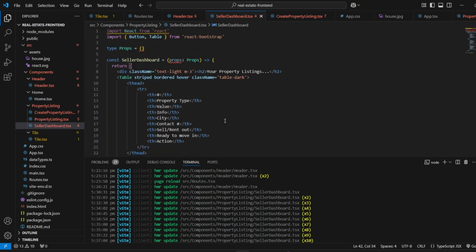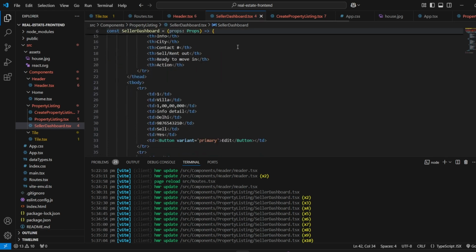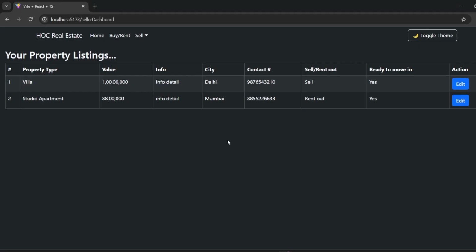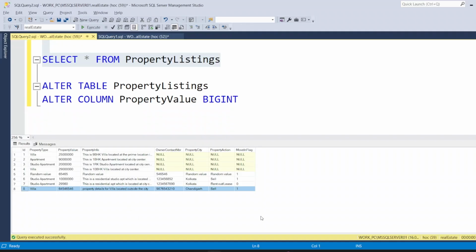Now we'll go to the browser and see how the table is looking, how this seller dashboard is getting displayed to the user. So over here you see that the table is getting perfectly displayed with the layout changes that we have made for this page. When I'm hovering over a particular record, it is getting highlighted. And this is the action column that I was focusing on. This is the edit option that we have pertaining to each record. So when I click edit for second record, then I should be able to edit the column values for this particular record,